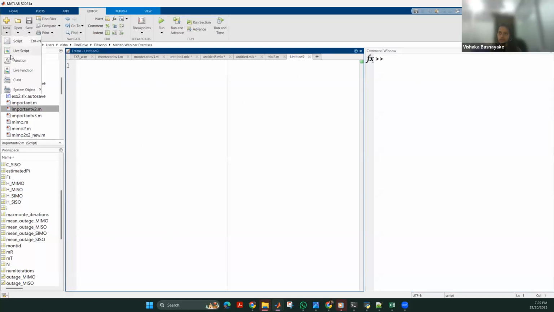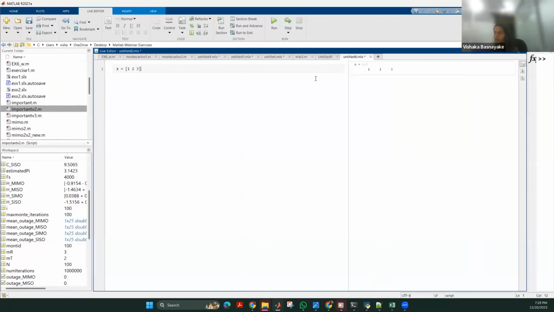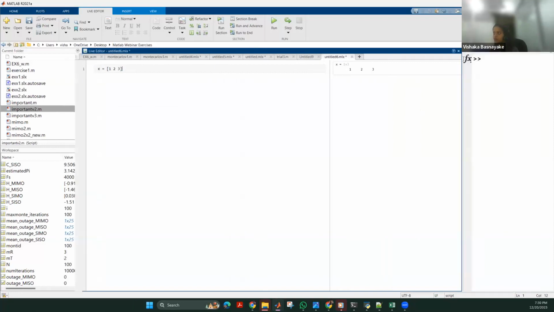Apart from that, there's a recent option where you can go to new and live script. This option allows you to see the output on the right side of the code itself. Once you type something, you will see the output appearing there. I think we can define some kind of a vector, and if I press enter, I will be able to see the output on the right side of that code. I'm minimizing the command window space for the moment,